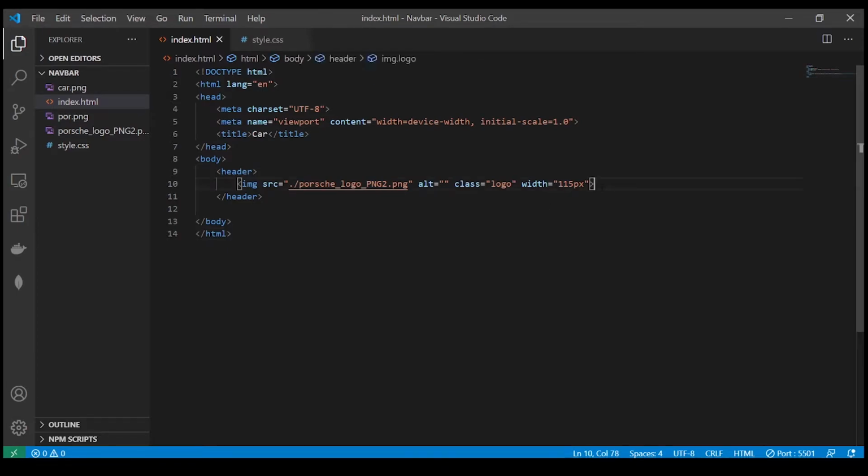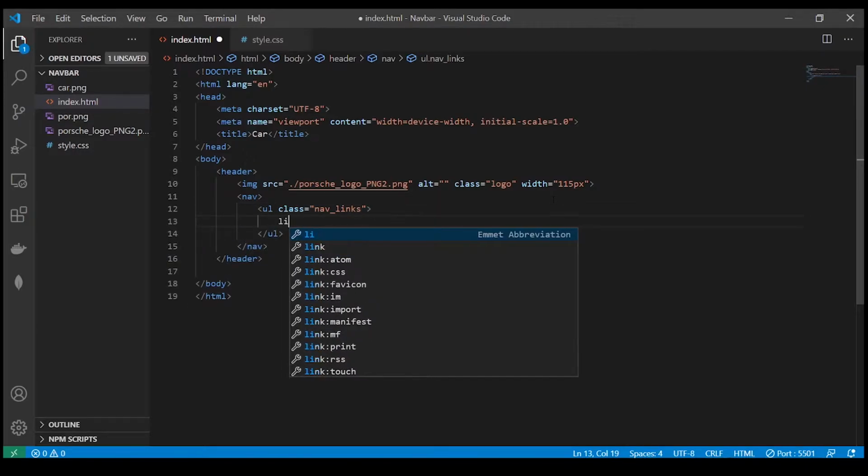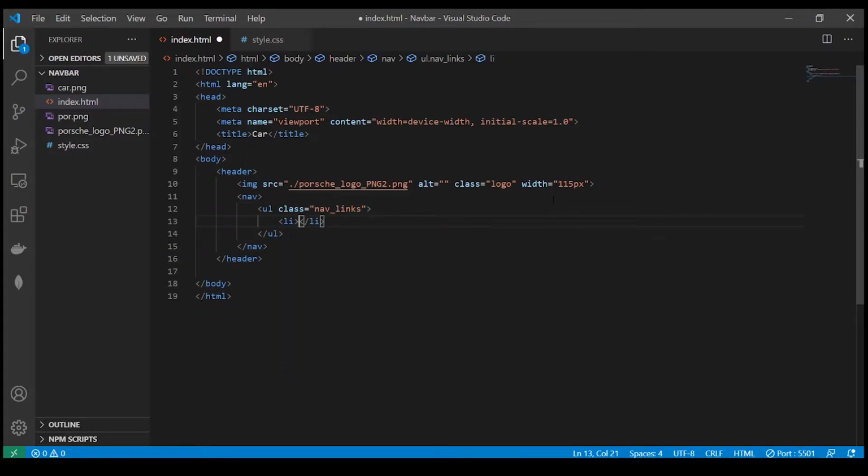Next, what you need to do is create a nav, then create a UL and give it a class, name it nav_links. Inside the nav_links, create a li. Inside the li, create an a tag. Inside the a tag, name them